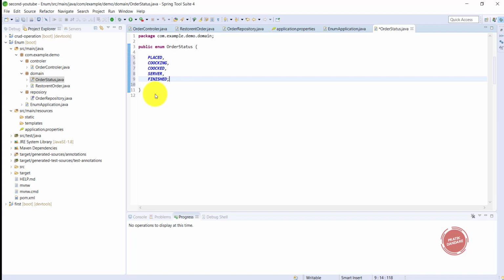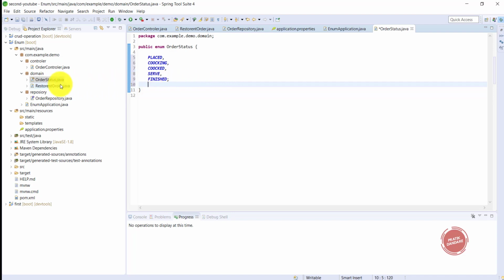So let's take this scenario. First, we need to place the order. After that, the order is transferred to the cook, who tries cooking it. After completion of the cooking process the status is cooked, and after that it's serve. After cooked we need to serve it, and after that finish, and whenever the order status is finished we need to generate the bill. So it's a basic kind of project, but we are not generating the bill here. We are just using the OrderStatus enum here.